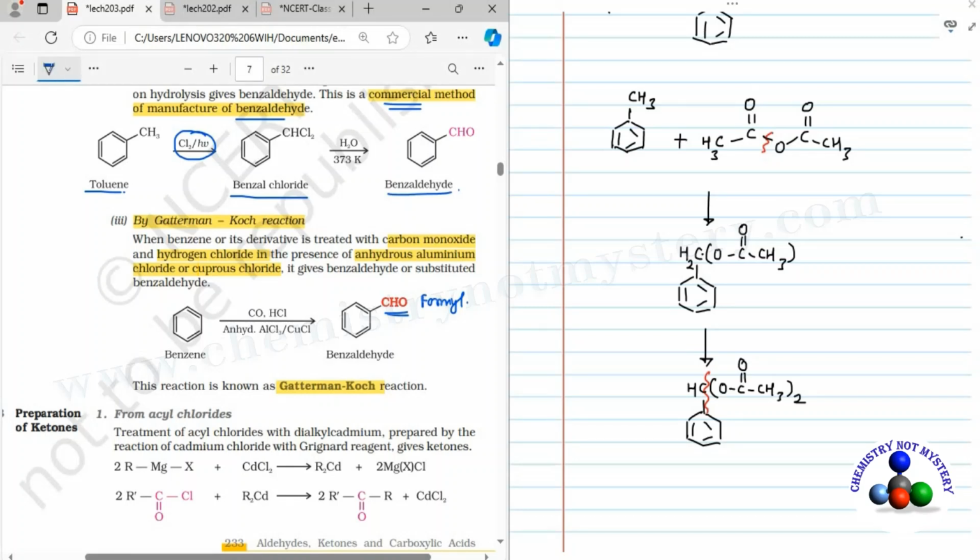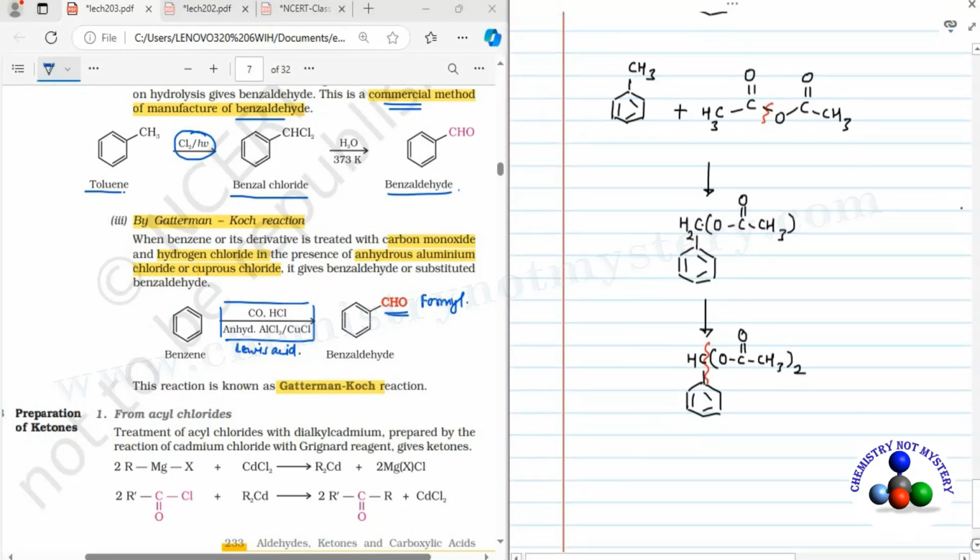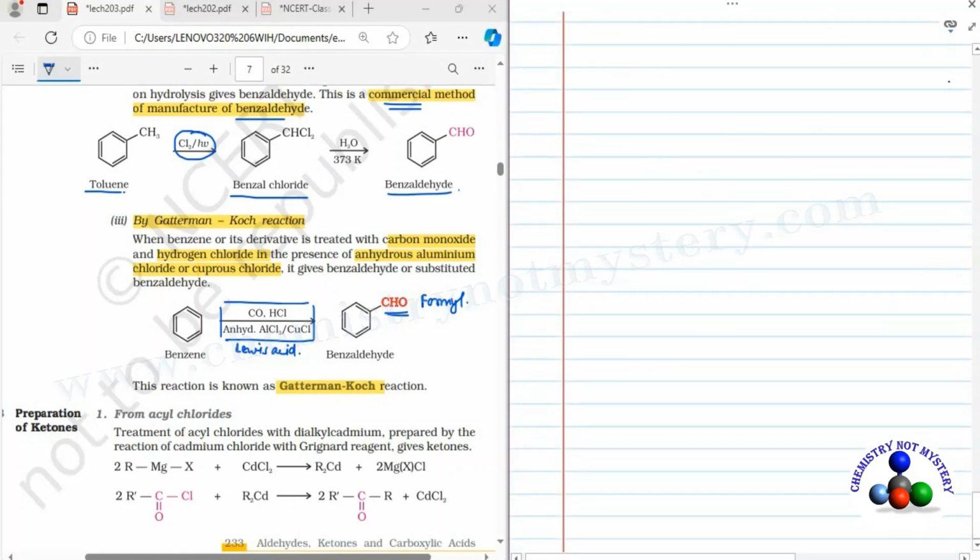Here you have to remember the set of reagents. Which reagents are used for the Gatterman-Koch formylation reaction? This AlCl3 and CuCl act as a Lewis acid. And it results in the formation of formyl cation, which acts as an electrophile for benzene. And that's how it results in the formation of benzaldehyde. So let's try to understand how this reaction takes place. So this is benzene